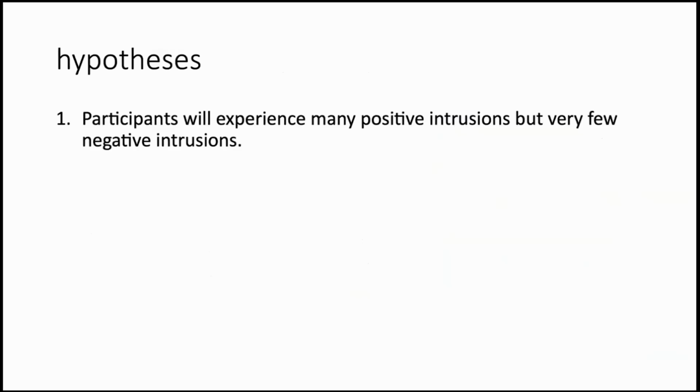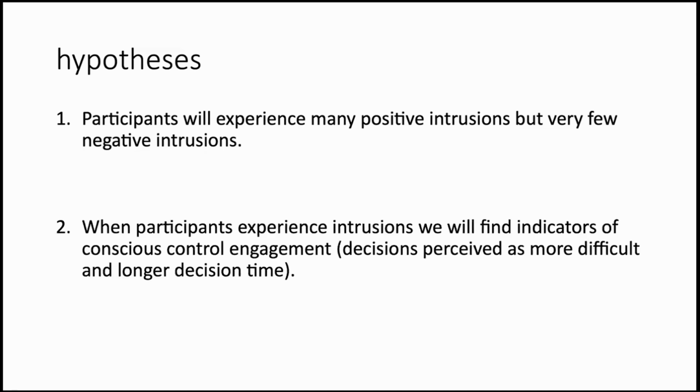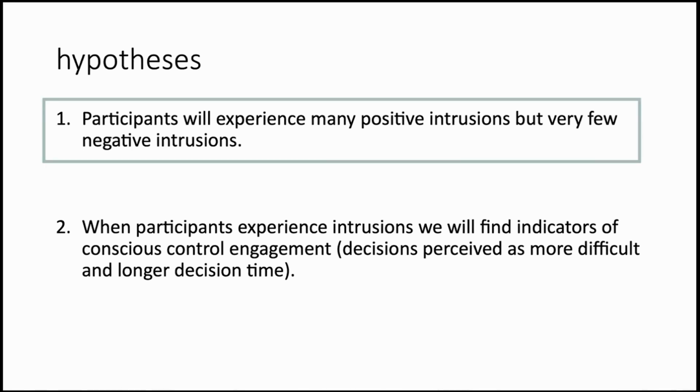Okay, so the hypotheses are that participants will experience many positive intrusions, but few negative intrusions. And that when participants experience intrusions, and we suspect that will be in cases where you're having positive intrusions, we're going to find indicators of conscious control engagement. So the decision should be perceived as more difficult, they should take longer, etc. Okay, so looking first at the evidence for this first hypothesis,